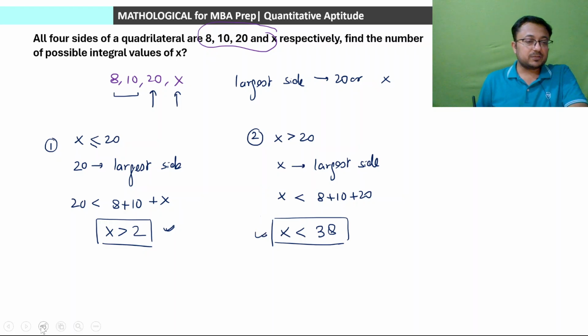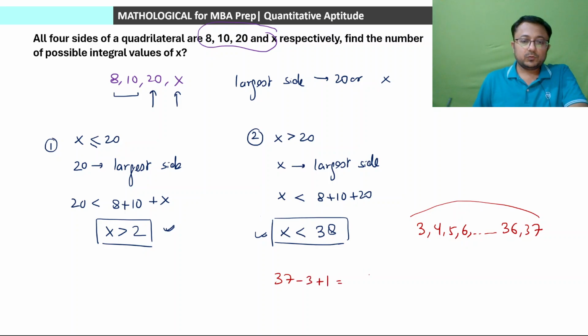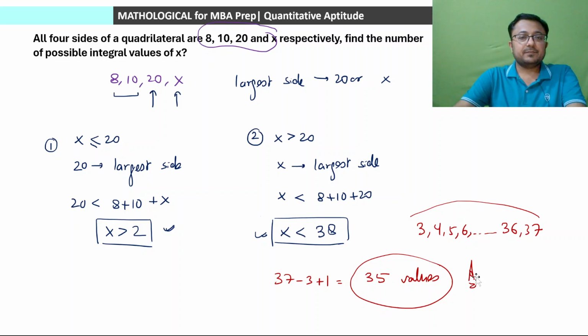So कितनी values possible होंगी? If x is greater than 2, minimum value will be 3, 4, 5, 6 and so on. And since x is less than 38, the largest value will be 37. So from 3 to 37, all values are possible. So number of possible values will be 37 minus 3 plus 1. So that will be 37 minus 2, 35 values are possible for x. Answer will be 35. ठीक है,